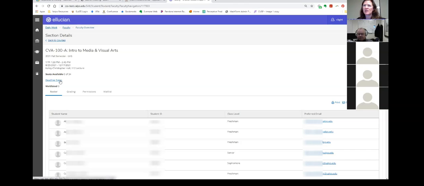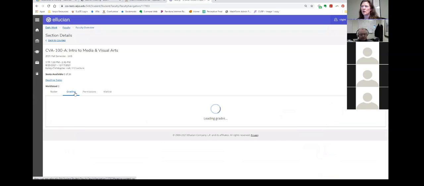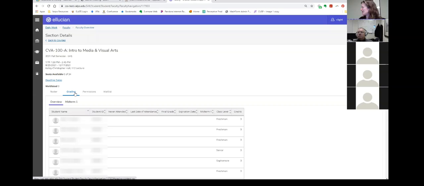One other thing that shows on the roster page are deadline dates, which are the drop, add, and withdraw with a W or withdraw with a grade. This is where you will provide grades for the course, both midterm grades if you have freshman students or student athletes for whom those are required. You can certainly input them for all students, but freshman students and student athletes definitely need those, and the ability to add them will turn on when the timing is appropriate for that. So again, midterm and overall.